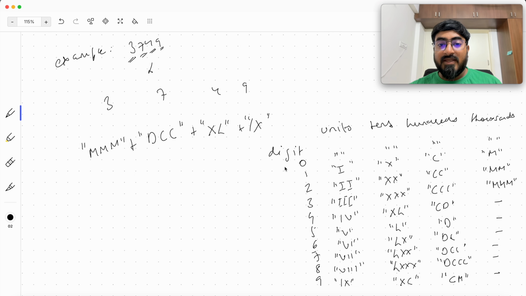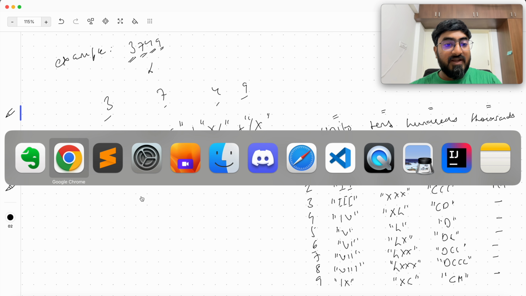Okay, so for each digit at each of these units, tens, hundreds, thousands place, we have a particular combination of symbols as a string. Then all we have to do is keep generating these digits and append the corresponding string for this digit into our final answer. Okay, so if we take another example,